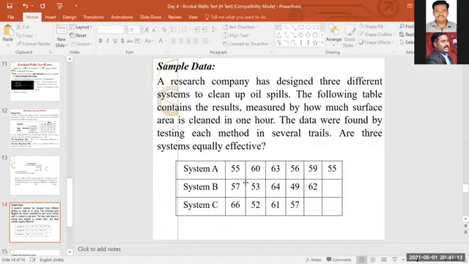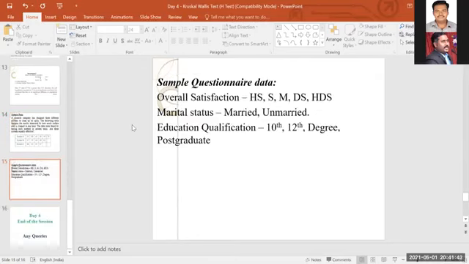So you can state the null hypothesis as there is no significant difference between the 3 systems, or all the 3 systems are not effective. The alternate hypothesis, you can have 3 systems are effective. Sorry, 3 systems are ineffective or 3 systems are effective. You can state your hypothesis like that. Is it clear? Now with this also you can do a Kruskal-Wallis test. Any doubts in this Kruskal-Wallis test? If any doubts, please put them in the chat box.